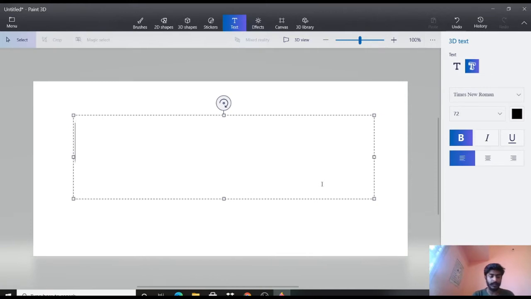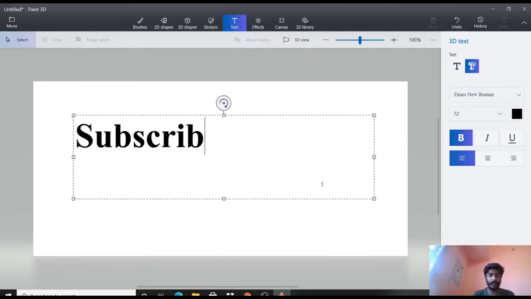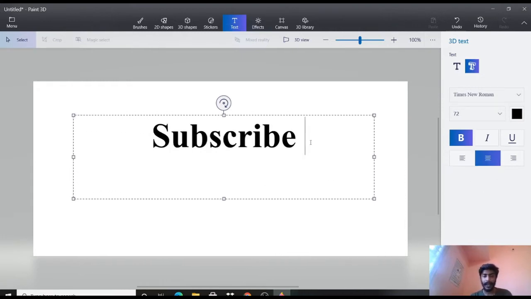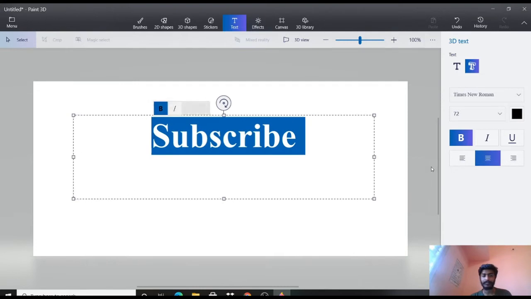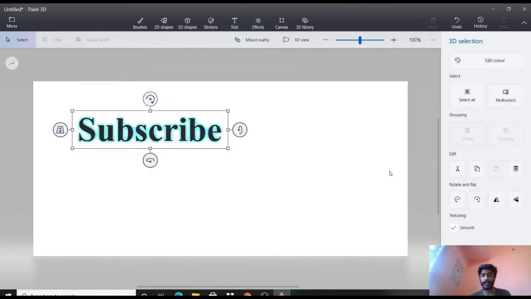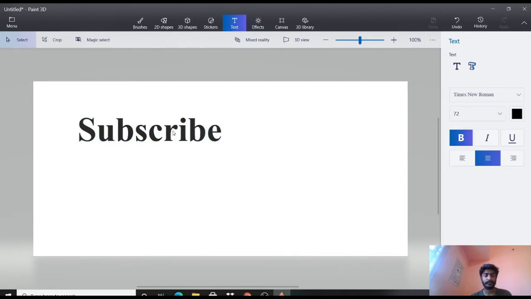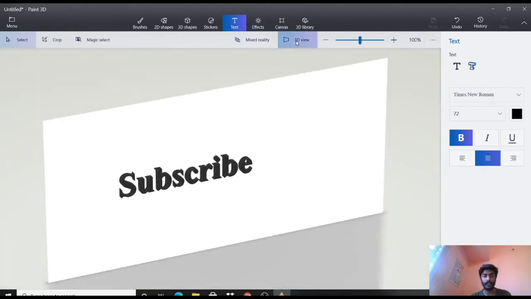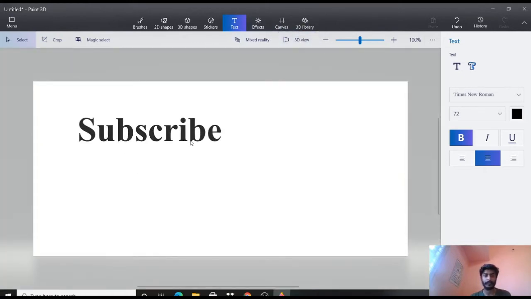For example, let me write subscribe here and make it center aligned, and now you can see a 2D image. But on the other hand, if I click on the 3D view here, you can see how it shows it three-dimensionally.